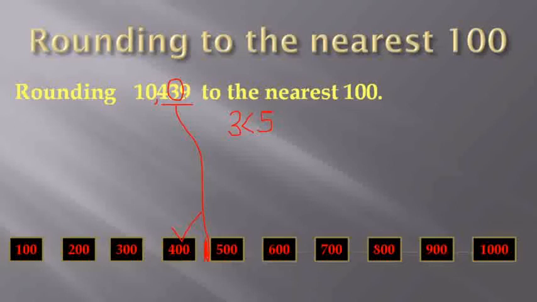So we will convert this 439 to 400 only. So our answer will be 10,400. Okay class? See class, you don't need to write all the time all the 10 multiples of 100. If you can guess directly which two multiples of 100 the last three digits lie between, you can directly write the rounding. Okay, approximation you can write directly, but if you have any confusion, then better to write all the multiples and after that to check.